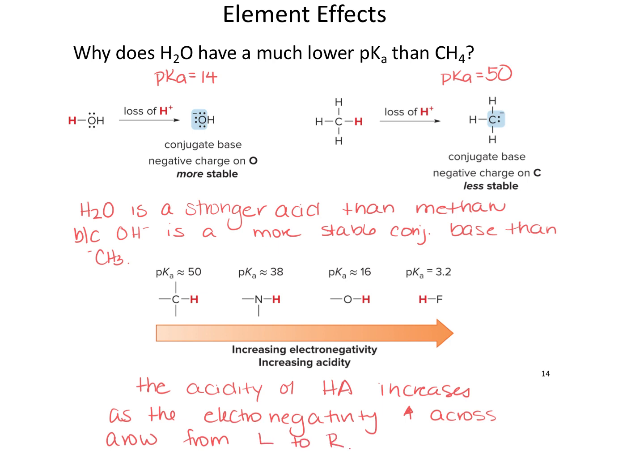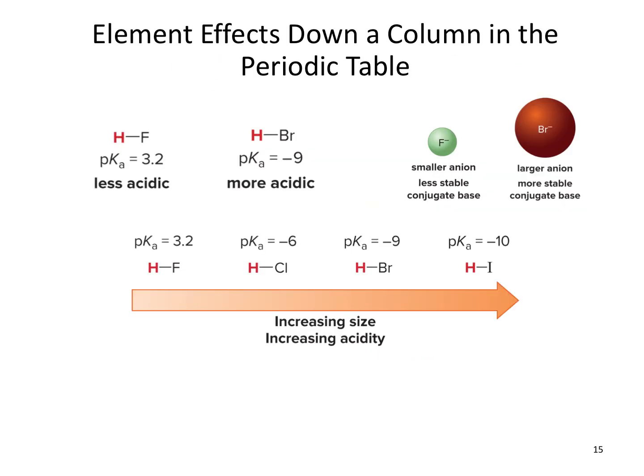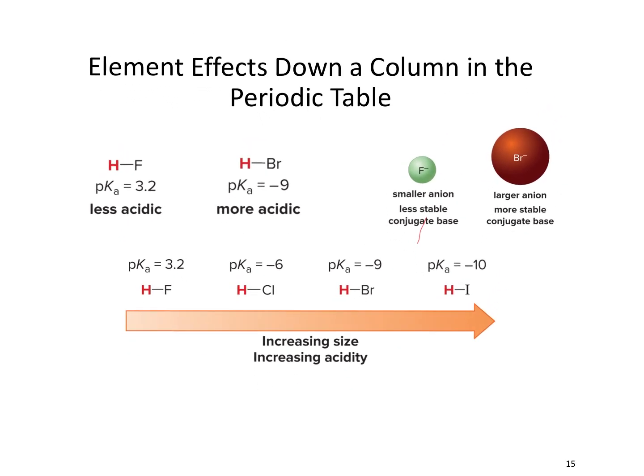Okay. Now, maybe the burning question in your heart is, oh, great, we've looked at a row, it increases across a row. What about a column? Do we see that same trend with a column? And the answer to that is no, which is unfortunate. But we do see a trend with columns, right? So if we look at two acids, hydrofluoric acid and hydrobromic acid, we see that the pKa of hydrobromic acid is -9. It is more acidic. HF is less acidic. When we draw the conjugate base for HF here,